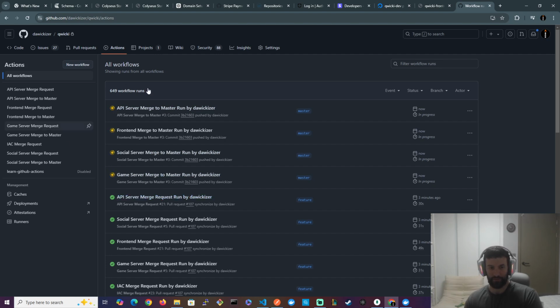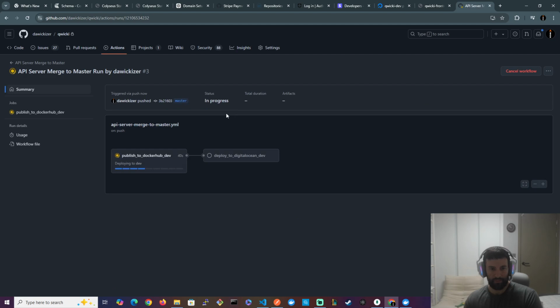But since this is a first time full scale deployment of my entire application, all of these are running. If I was to drill into one of these, I could see the jobs and the stages that are running. In this case, it's the same for all of them, but we have this stage or job that's being kicked off here, and it's essentially publishing my image to Docker Hub. So I have an image, like an artifact that gets created, and I'm building it and then pushing it to Docker Hub so that it sits in a Docker Hub hosted environment